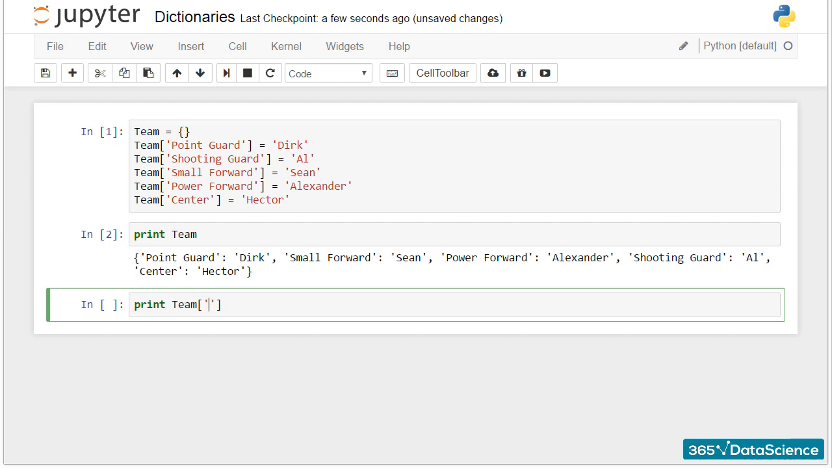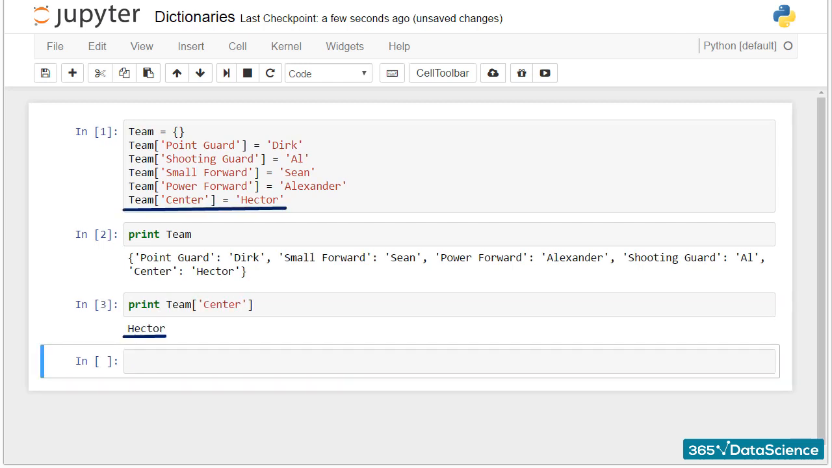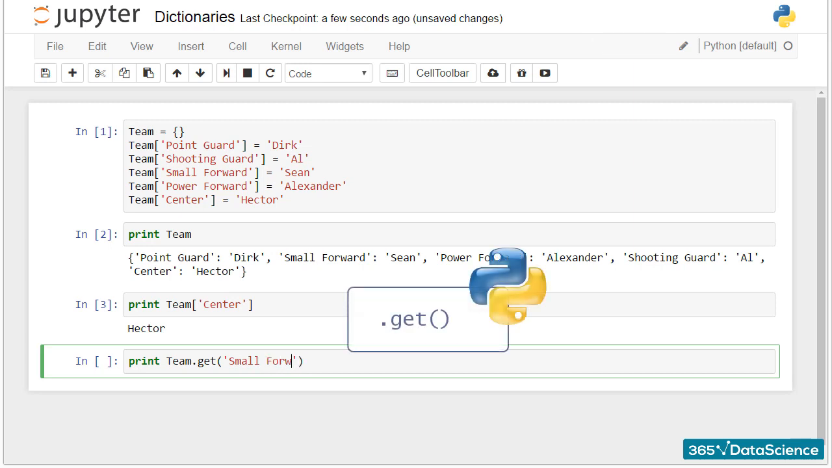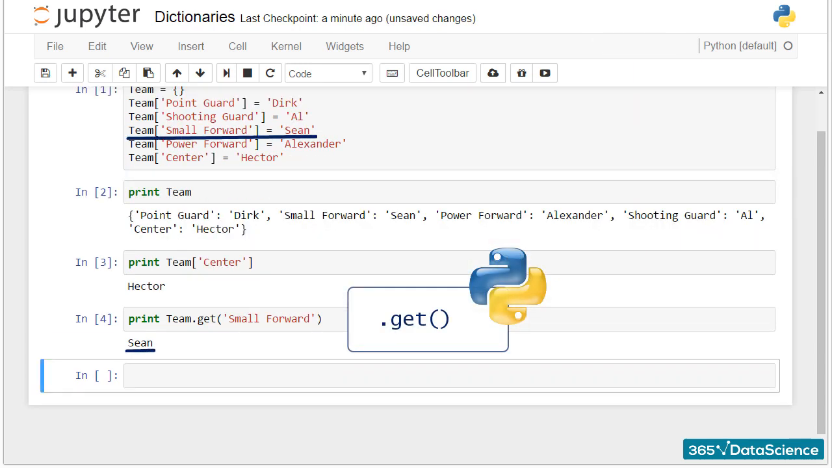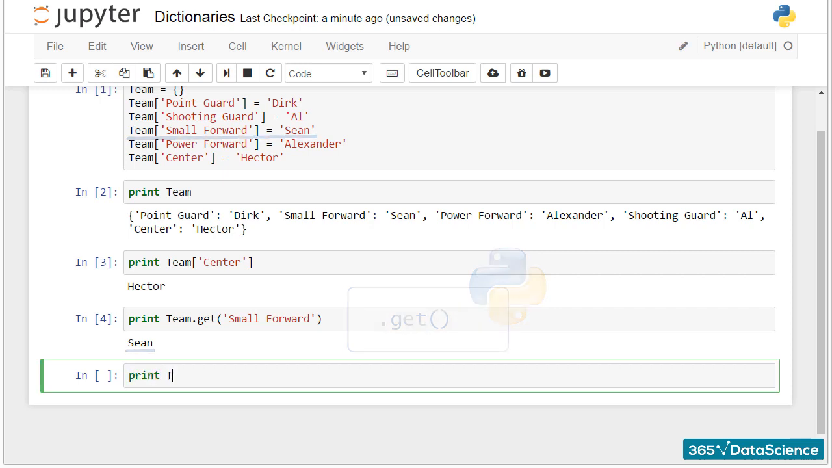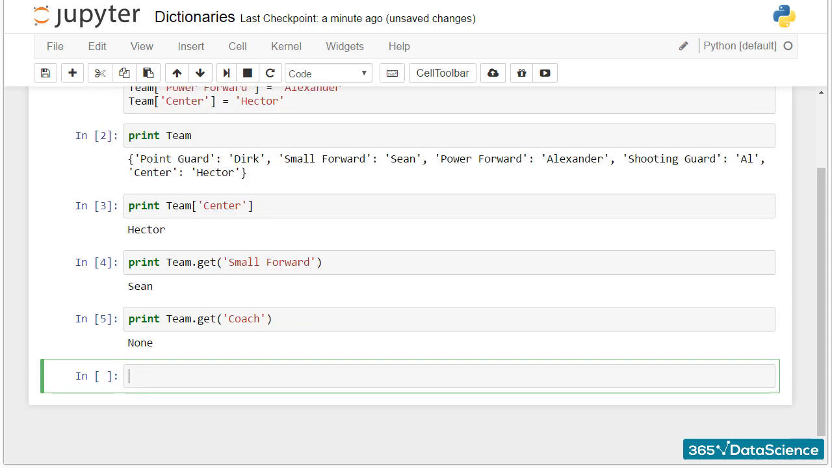And if I asked for the center, I will see Hector's name. Let me introduce you to an interesting Python feature. If the get method gives us the name of the small forward of a given team, the machine won't display an error if we ask for the name of the coach, whose name does not take part in my dictionary. None is the default value Python returns in cases where an object does not actually exist